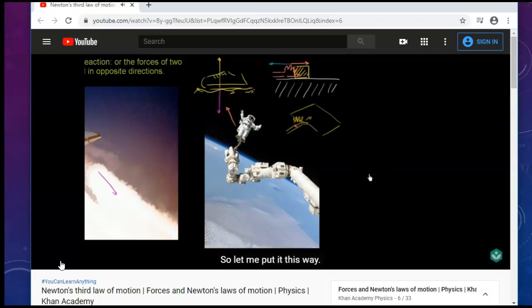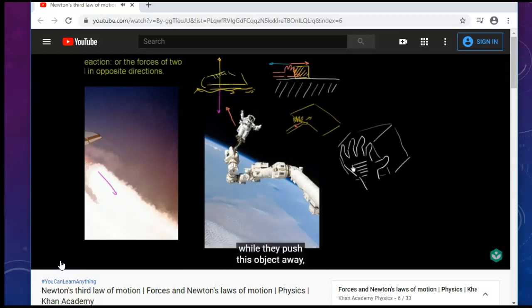So let me put it this way. Let's say I'm in space and I'm floating. I'll make it look like the glove of the astronaut. There you go. That's his hand. That's the astronaut's hand right over here. And let's say he finds some piece of equipment on him, or she finds some piece of equipment on them, that they can throw. They can take it off of their tool set, and they could find the most massive object that they can throw. So what's going to happen is, for some period of time, while they push this object